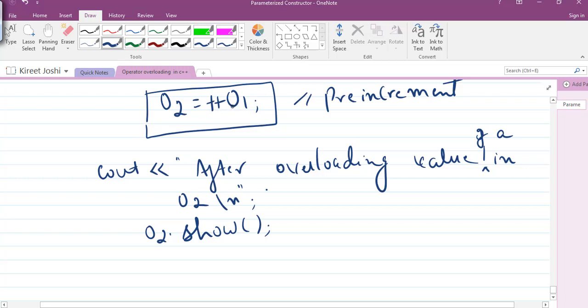Because when the incremented value is assigned to O2, we can see the change in O2, but at the same time we have to see the change in O1 also. So that will be the clear logic, so that we get both values as incremented values. So now we'll just write cout here also. We'll write after overloading. So this is now after overloading